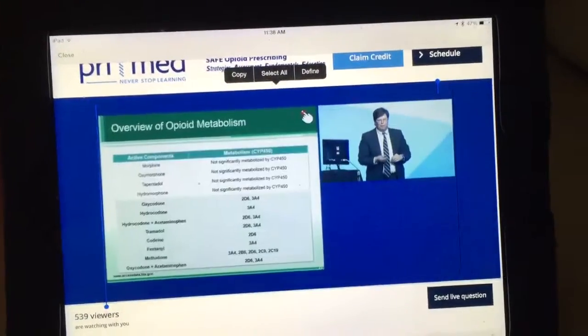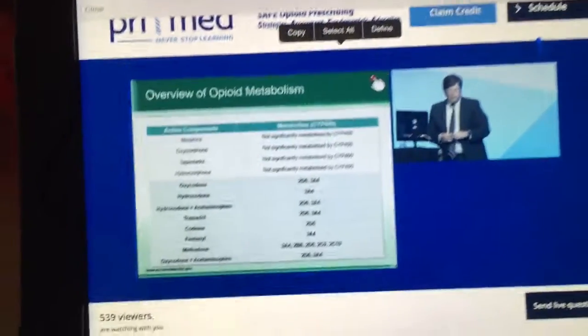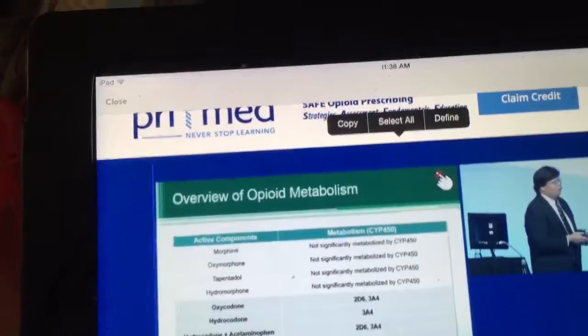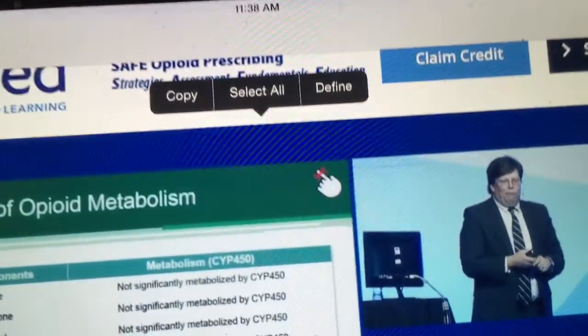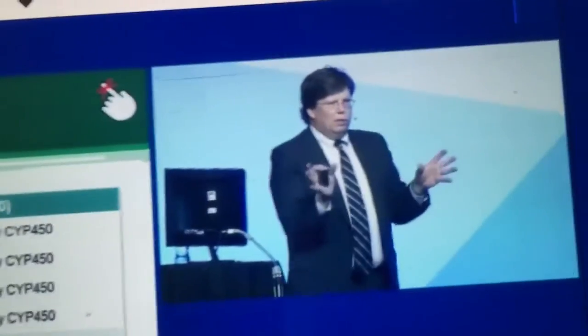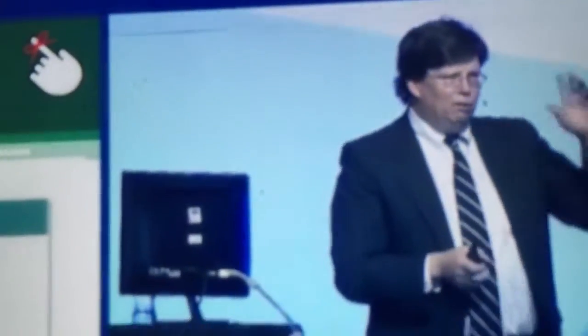About what might happen when we add a medicine. So this is an overview of some of the important metabolism phenomena. And if you look, remember there are two systems we use really to metabolize most of our drugs. First order and second order kinetics, if you remember that, and it's either they go through glucuronidation or they get